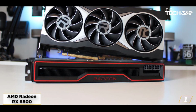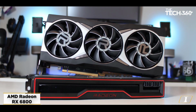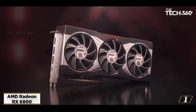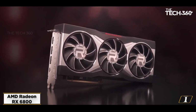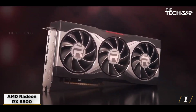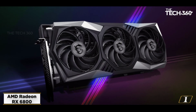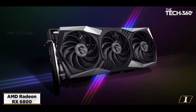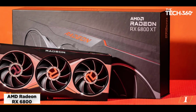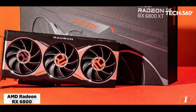At number 1, AMD Radeon RX 6800. If you can't choose between 4K and 1440p with ray tracing. With the AMD Radeon RX 6800, Team Red proved that it could compete not just in the budget and mid-range markets, but on the premium side as well. In particular, it gives its direct rival, the NVIDIA GeForce RTX 3070, a run for its money in both performance and value. We were not only impressed by its thermal efficiency and low power consumption, but by its feature set,